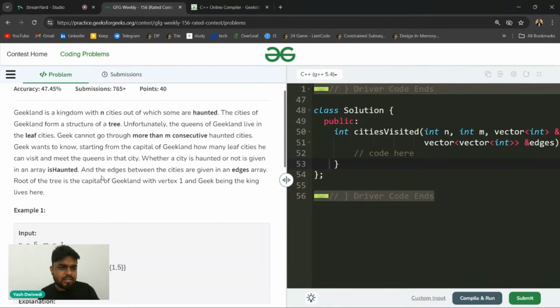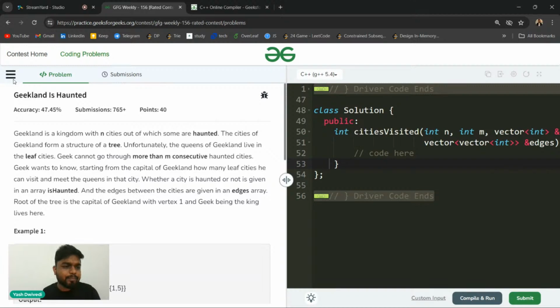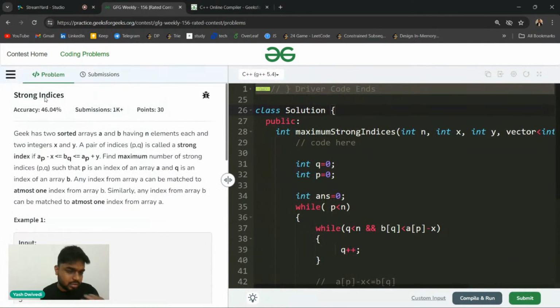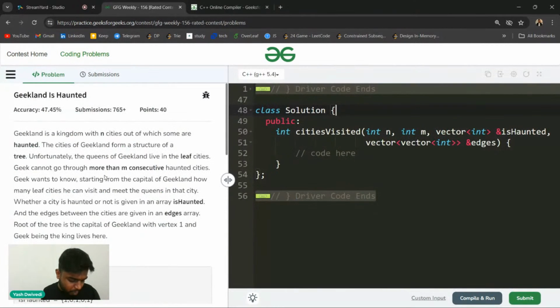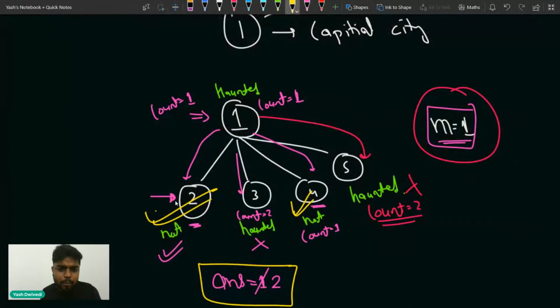Strong indices. Okay, you are talking about this one now. Third problem. So, as I said, you can apply binary search if you want. Is everyone clear so far with the problem statement, guys? With this particular test case explanation, is everyone clear so far? You guys can tell me, then only I'll proceed further. Everyone is clear with this or not, guys?